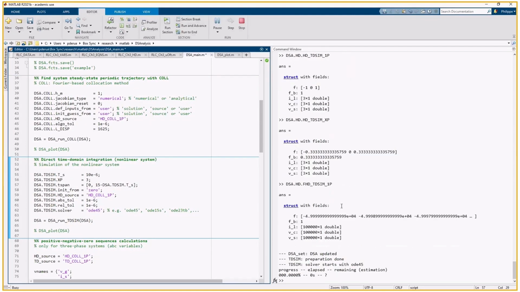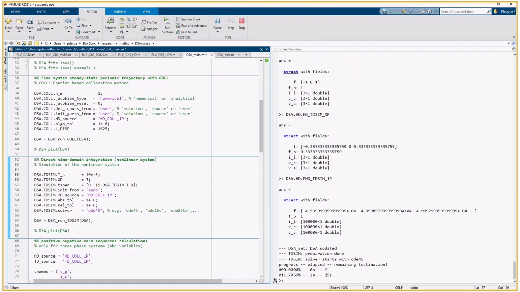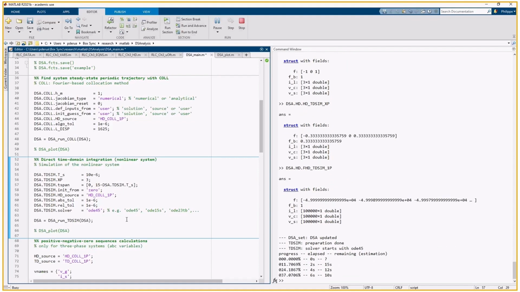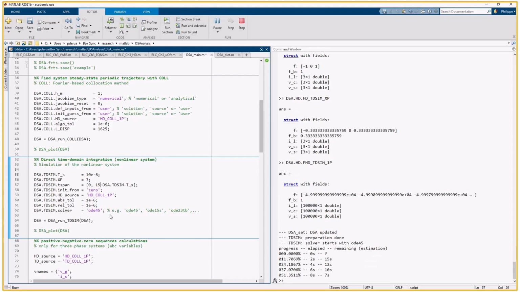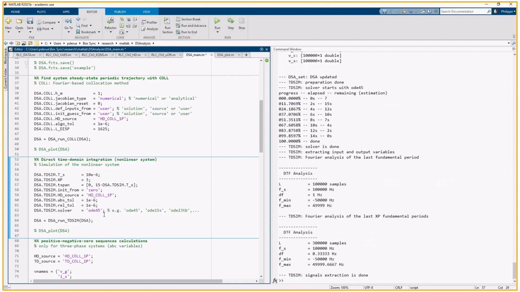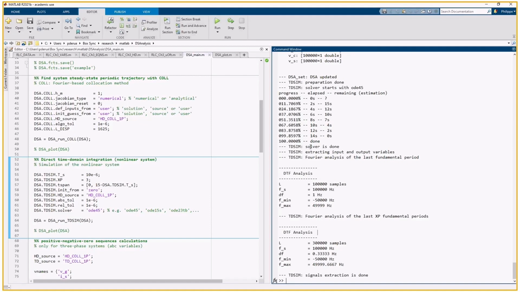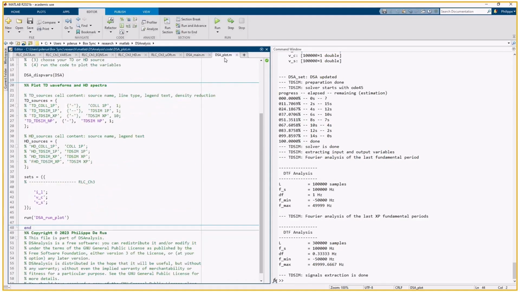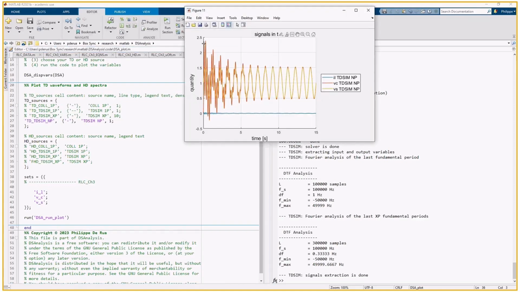Let's have a look at that. It will take a little bit longer to solve. That's about 15 seconds. Naturally, all of this depends on the number of equations, the number of variables, the stiffness of the system, the solver you use, the tolerance you use, and the computer you have. The solver is done. We can again have a look at the waveforms. Here they are, and we see that if we leave enough time, the system arrives closer to a